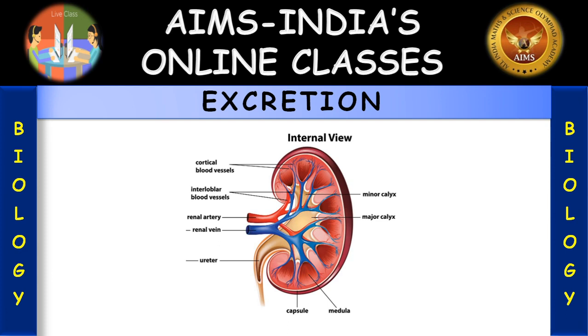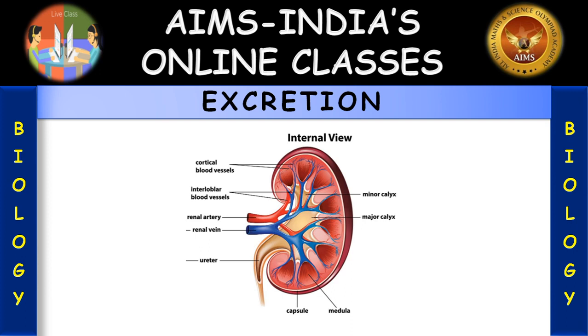So before going to the exercise, let us briefly recall what is excretion. Due to the metabolism, several harmful excretory products are formed, and the process of removing toxic waste from the body is called excretion. The human excretory system comprises a pair of kidneys, ureters, a urinary bladder and a urethra. Each kidney is composed of a large number of uriniferous tubules or nephrons. They are called structural and functional units of a kidney.